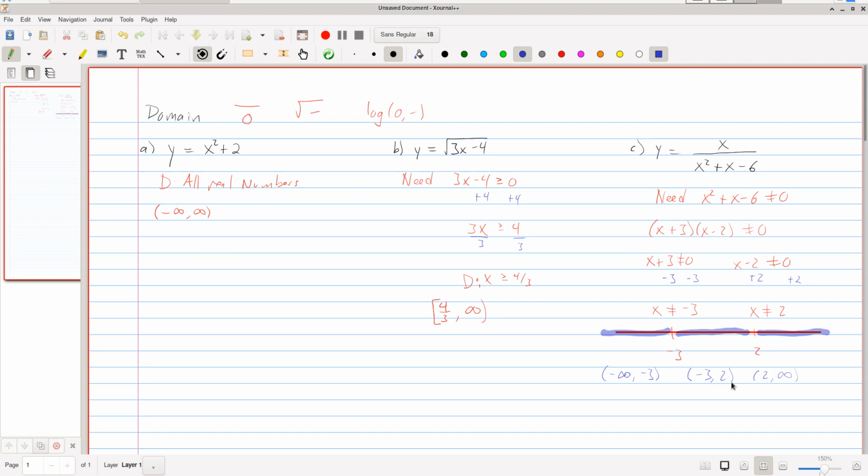And because we have these three disjoint intervals, we're going to union each of these three together. So in interval notation, we would say our domain is negative infinity to negative 3, union negative 3 to 2, union 2 to infinity. Or if we were to write it in inequality notation, we would say that the domain is all x values other than negative 3 and